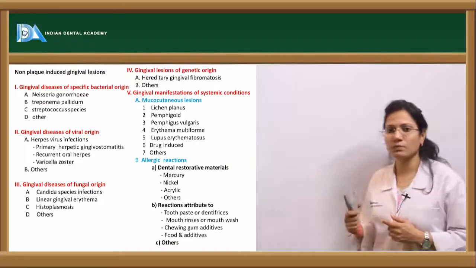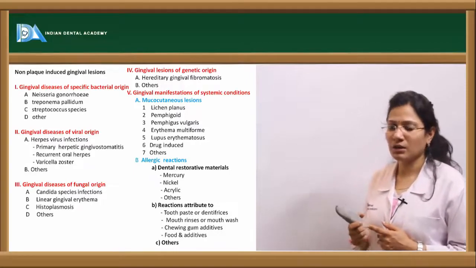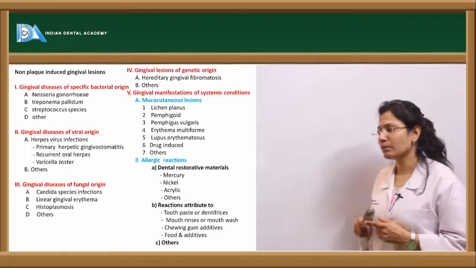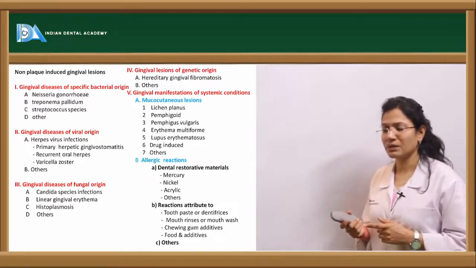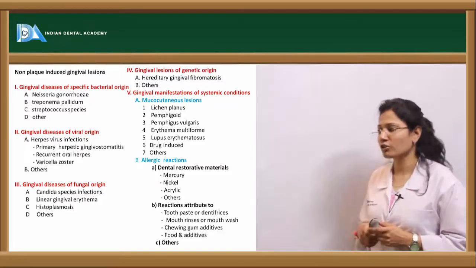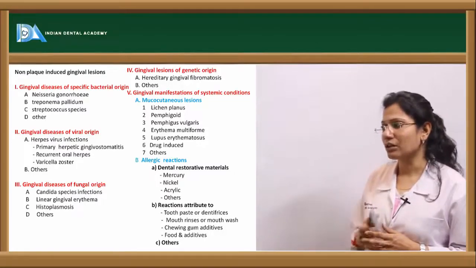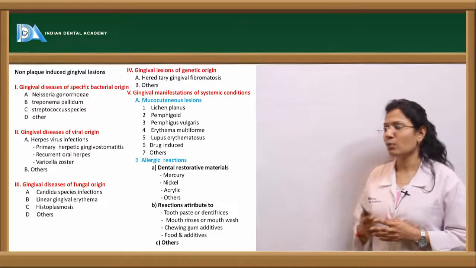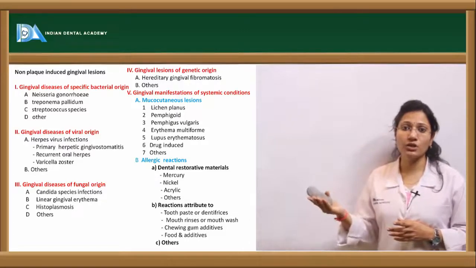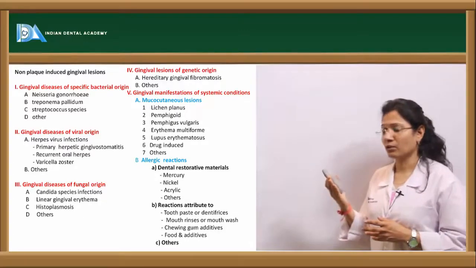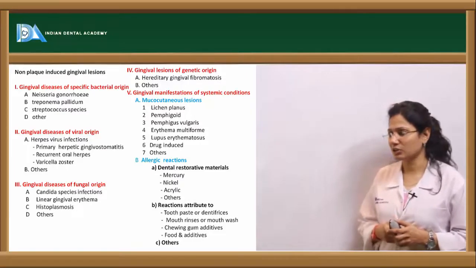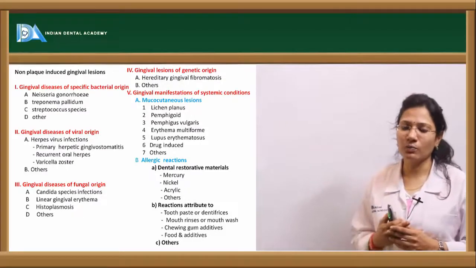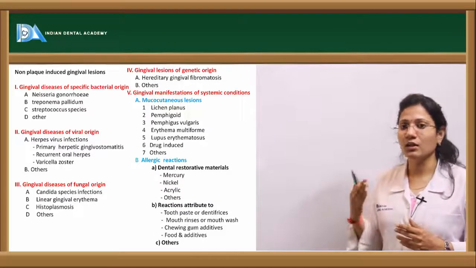Of viral origin would be primarily primary herpetic gingivostomatitis caused by the herpes virus, varicella zoster, and then recurrent herpes and others. The ones of fungal origin include Candida species, linear gingival erythema, and then histoplasmosis and others. The ones of genetic origin would be hereditary gingival fibromatosis and others. The ones that are manifestations of systemic disease include the ones of mucocutaneous conditions like pemphigus